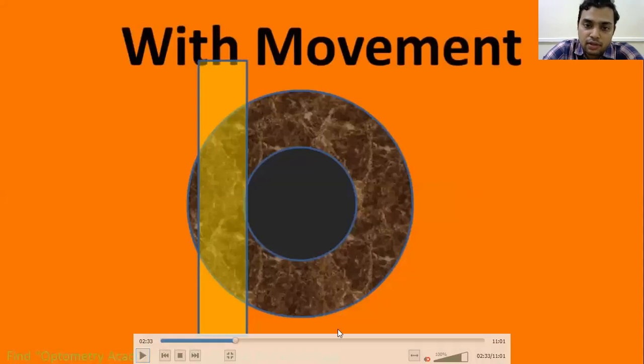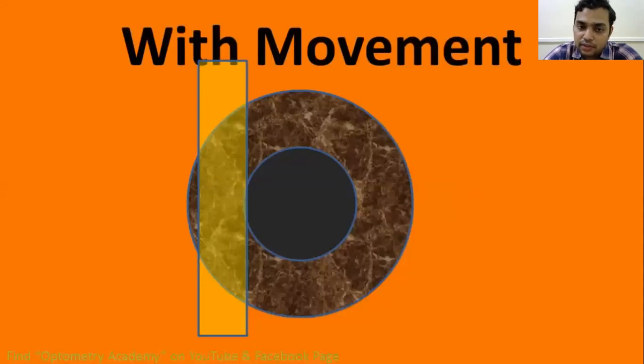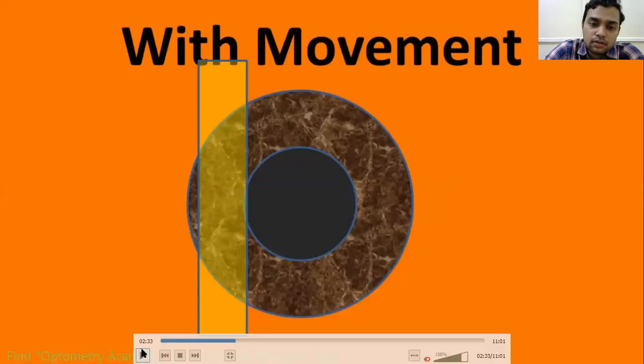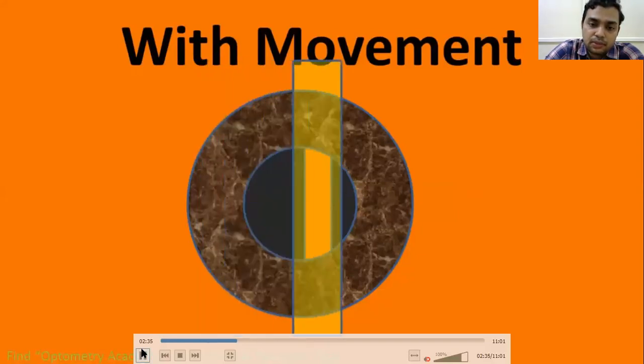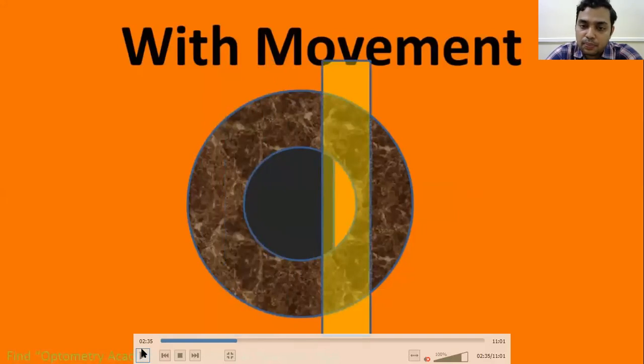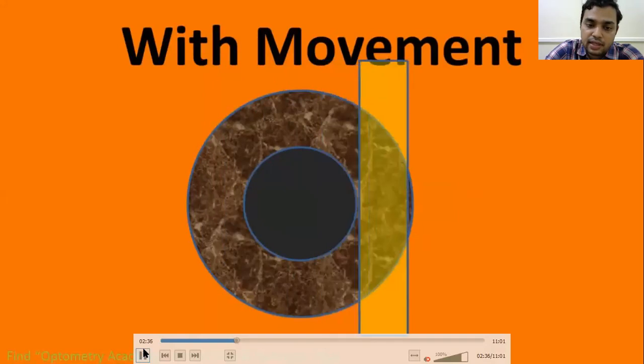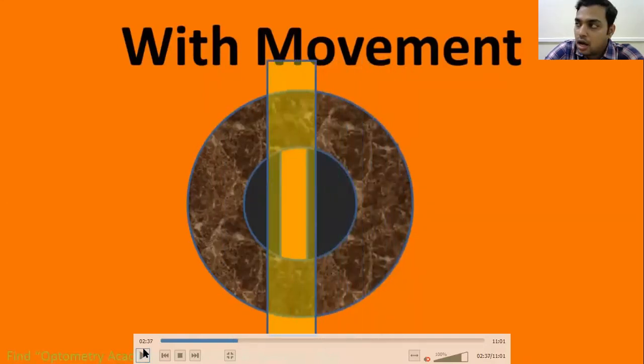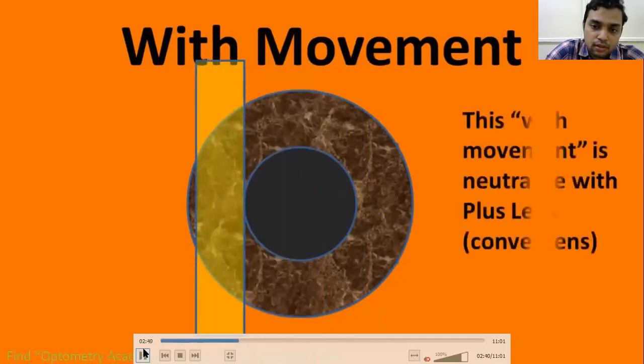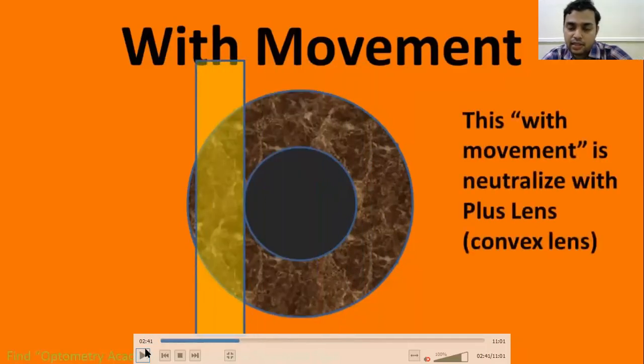So here in this, you observe there is a with movement of the reflex seen. So observe, this is the with movement. So along with the retinoscope light, the pupillary red reflex also moves along with the movement of the retinoscope. So with movement is seen in which cases? It is seen in hypermetropia, or if the myopia is less than 1 diopter. So it is seen in hypermetropia or myopia of less than 1 diopter.